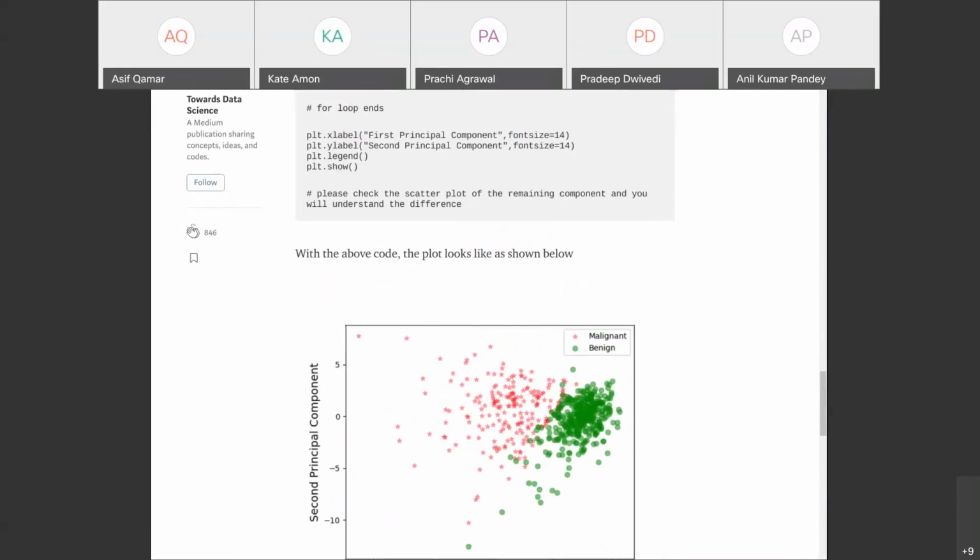What the algorithm did is that it found these hidden dimensions. Remember, these are not the original features. The first principal component and the second principal component are not any one of those 30 features, but a mishmash of those features. Remember, it is a synthetic feature created by little bits of the original features. And because it created the first and second,